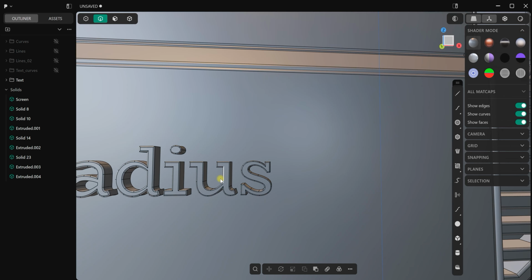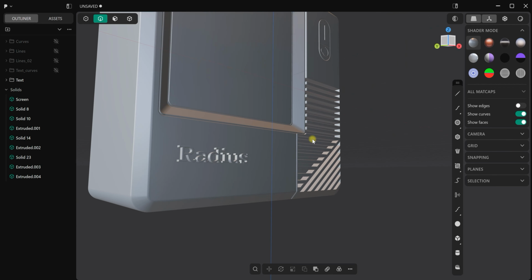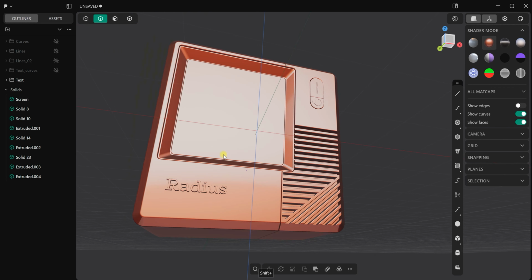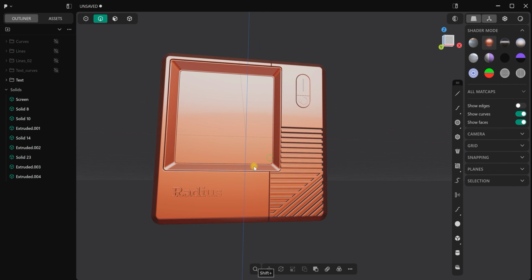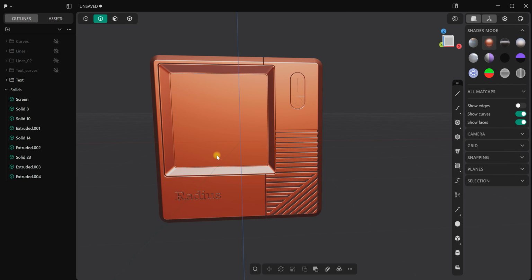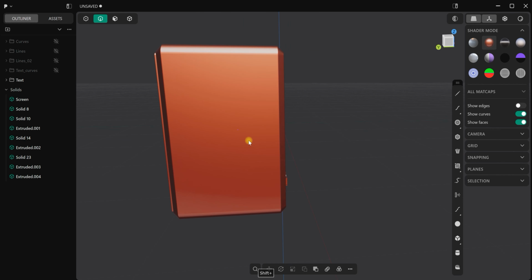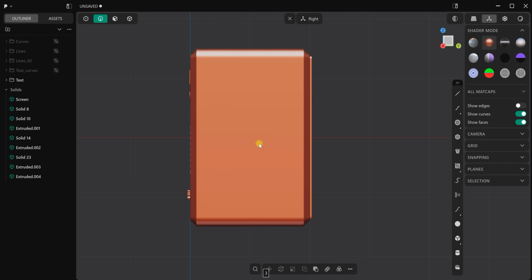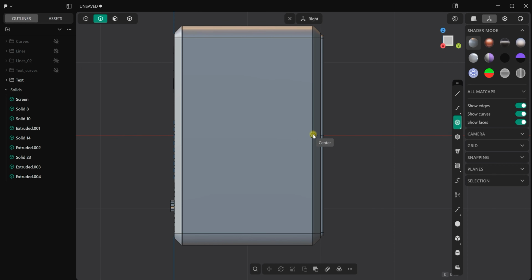Perfect. Let's check the result. And guys, I love the result. Beautiful. Perfect. Go to the right view, select circle, snap it to the middle,